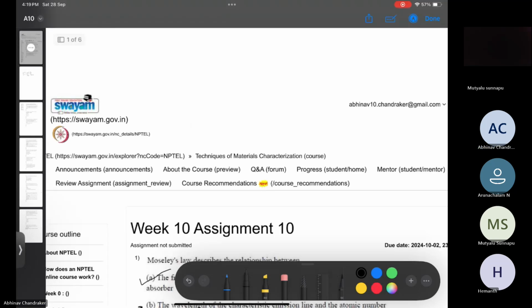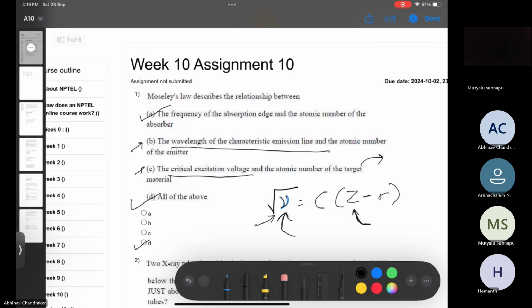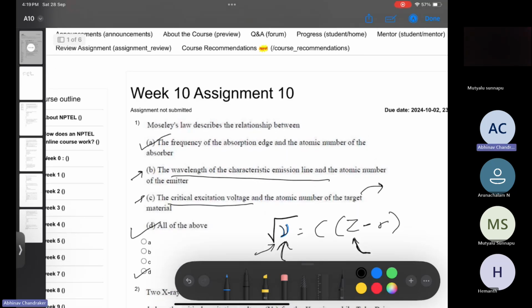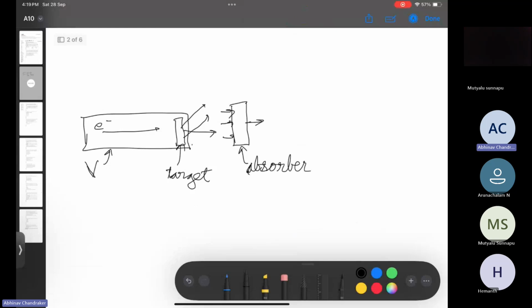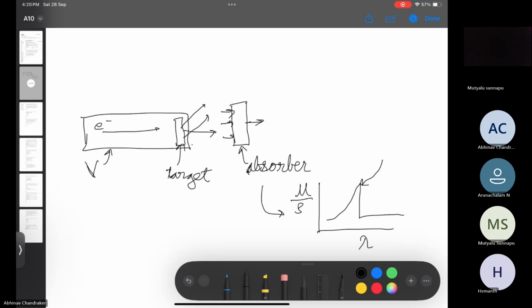So here the first option is related to the absorption edge, mu by rho. So the absorption edge will be something like this. So Moseley's law will tell you at what particular lambda, let's say this is lambda naught, we'll have the absorption edge, and that will be given by root of mu. Let's say this is mu naught equal to C into Z minus sigma. But also